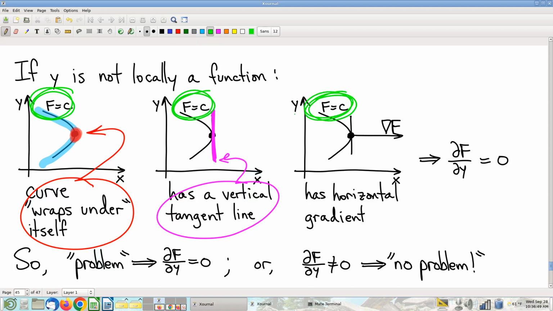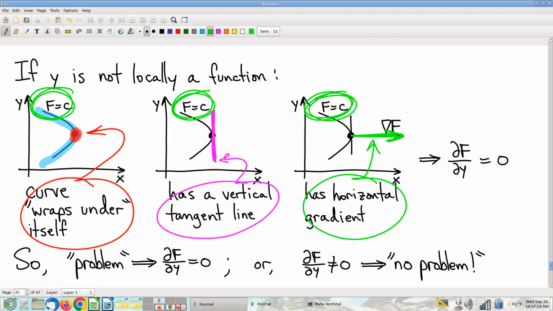Right? Then the gradient of the function whose level set we're looking at, of course, right? Calculus level sets. The gradient would be horizontal, because the gradient's perpendicular to the tangent line, and so if we have a vertical tangent line, then we have a horizontal gradient. And now, if you think about it for a second, and keep in mind that the gradient,